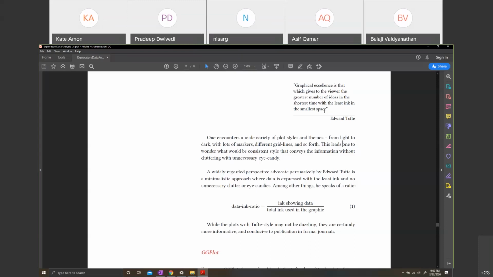But somewhere along the line, data visualization got into the commercial world, and in the hype of marketing and whatnot, people started adding eye candy and clutter to the graphs. So unnecessarily, the bars began to look 3D. They began to develop color gradients. All of you have seen this, isn't it?